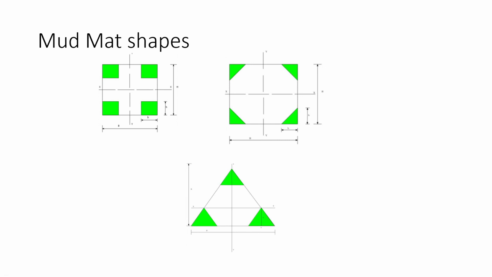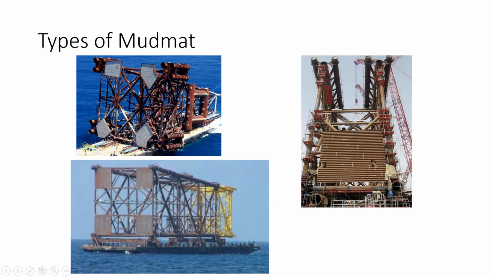Again, you have to search for higher capacity barges. Higher capacity barges lead to cost. So this will not be cost effective. For that reason, you always have to give the optimum design. That is the reason. Even though this is the case, you have to give the triangular jacket. Here you cannot give a rectangular one, because you would have to give more members on that. To avoid that, they have given a triangular jacket, a triangular mud mat. Okay, these are the types.